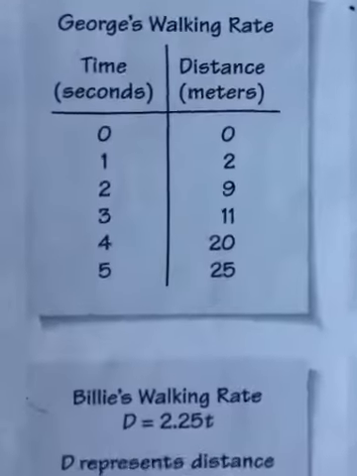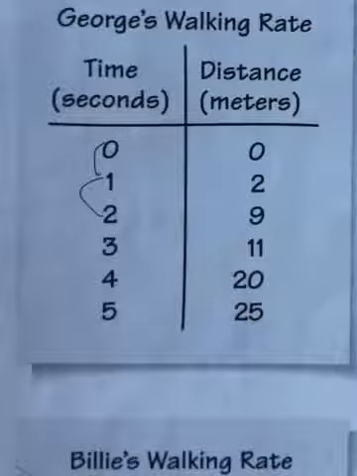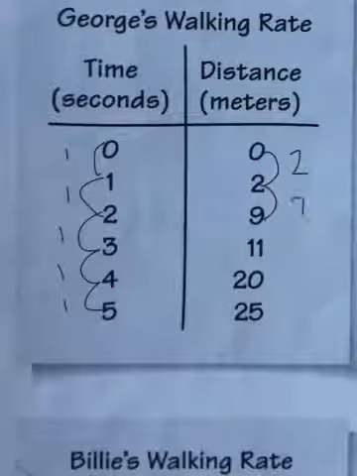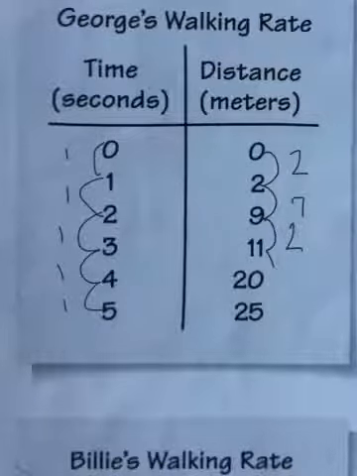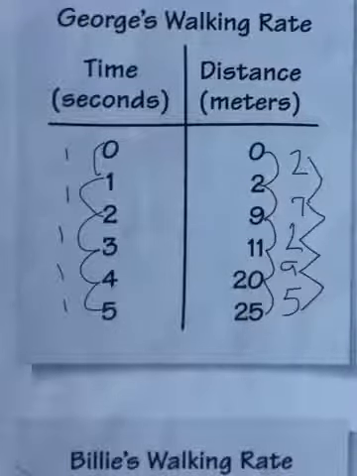If we start with looking at George's data, we can see that his time each time is increasing by 1 second. However, the distance in which he is traveling per second is changing. From 0 to 1 second, he's walking 2 meters. From 1 to 2 seconds, he's walking 7 meters. From 2 to 3 seconds, he's again walking 2 meters. From 3 to 4 seconds, he's walking 9 meters, and from 4 to 5 seconds, he's walking 5 meters. Because the number of meters is changing from second to second, we can determine that this is not going to